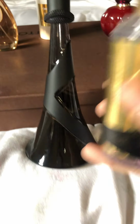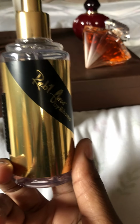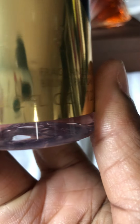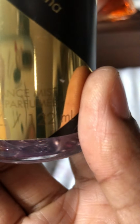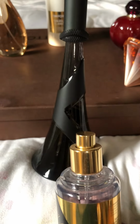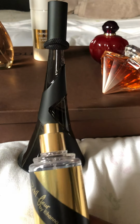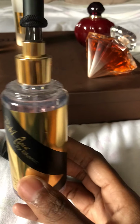Here I have the body mist. This is a 4 ounce. Yeah, 4.2 fluid ounces. This is the fragrance mist, if you can see there. It says fragrance mist. But this is Rebel Fleur. This is the original. And this is what the bottle looks like. You guys know what Rebel Fleur is if you're familiar. This is one that is really appreciated in the fragrance community. But this is beautiful. It's just so beautiful. I love wearing this, especially during the